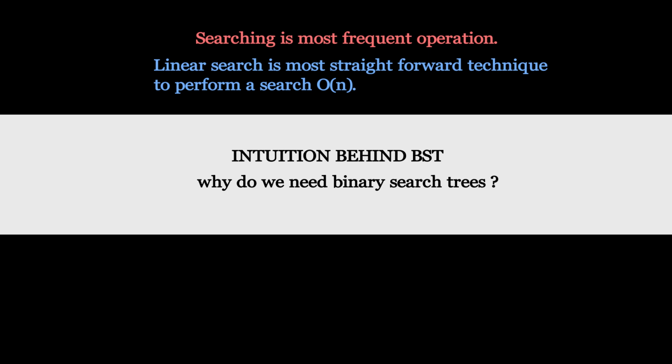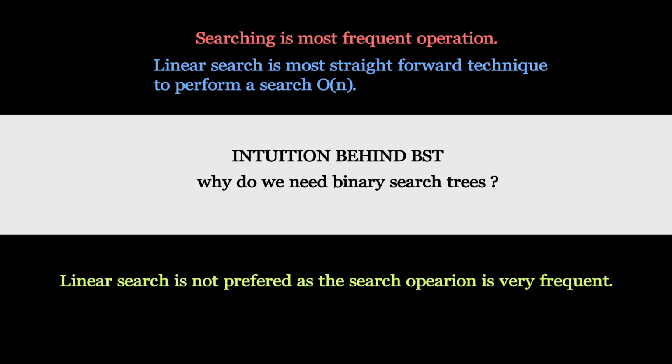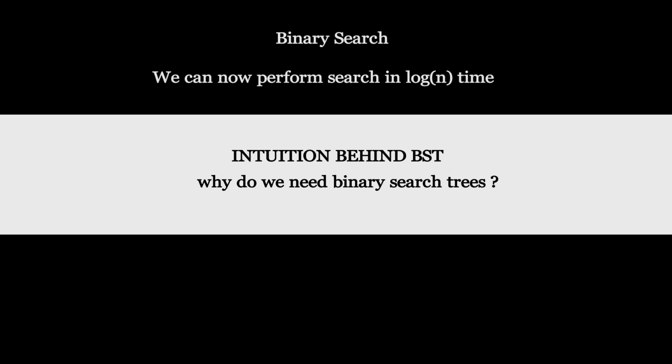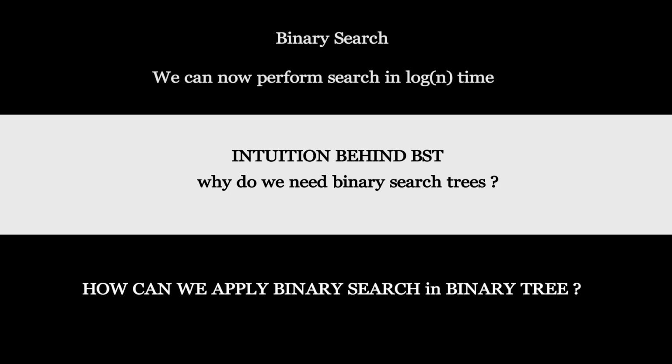in our collection. But just imagine, what if your array contains 2^20 elements and you are supposed to perform search 5000 times? If you choose to perform linear search, then it is going to take a lot of time, which is not preferred at all for such a common operation. That's where binary search came into existence. It can drastically reduce the runtime to perform a search. But the problem is it only works for a sorted array. But binary trees are not sorted arrays. So you can't apply binary search there.